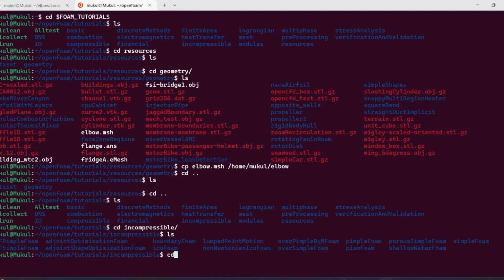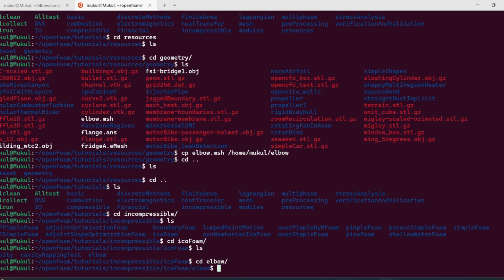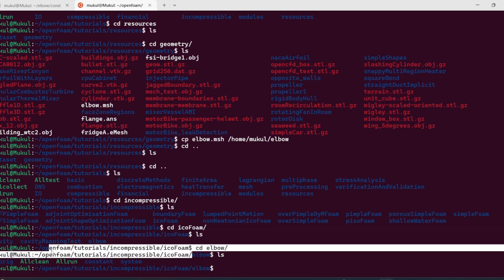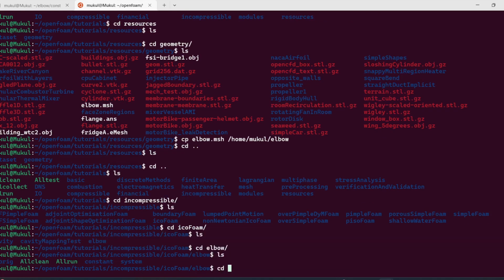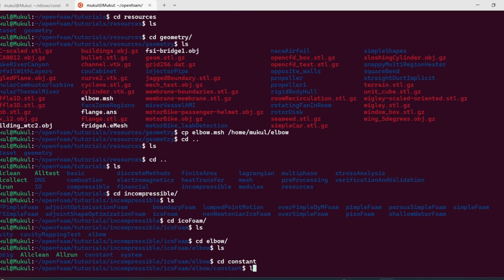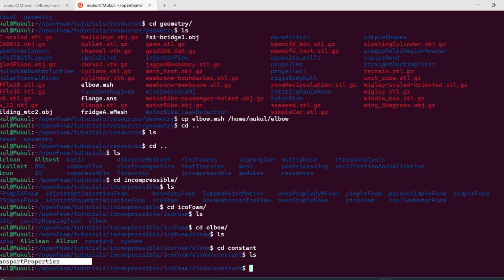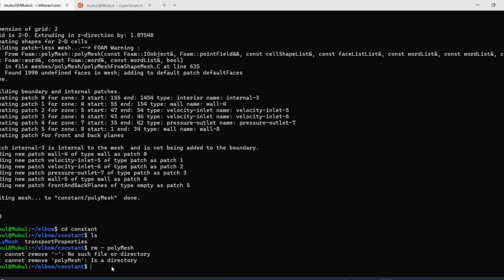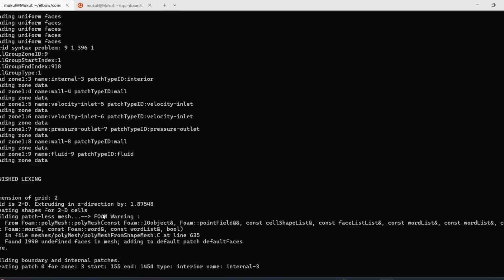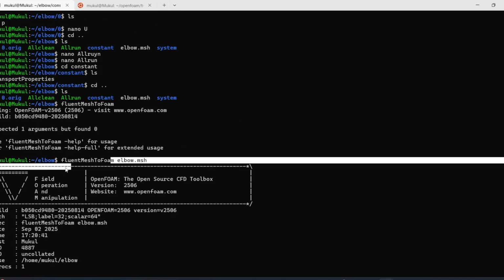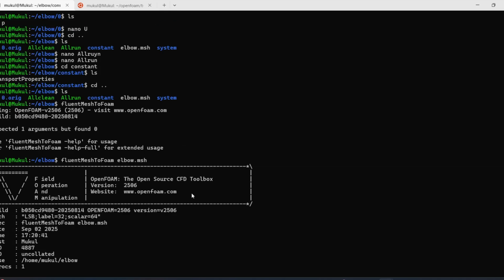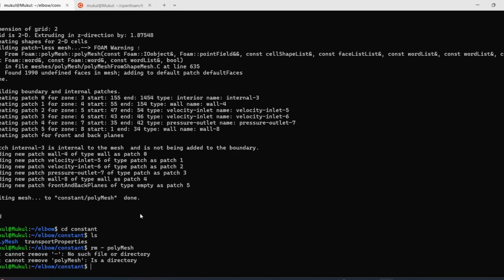I will go to incompressible, then I will go to icoFoam, and here we will go inside elbow. We are inside the OpenFOAM tutorials. Then I will go to constant, press ls. So there was no polyMesh. But after we run this command, fluentMeshToFoam and then elbow.msh, it has converted all the ANSYS mesh data to OpenFOAM data and saved it to constant polyMesh,